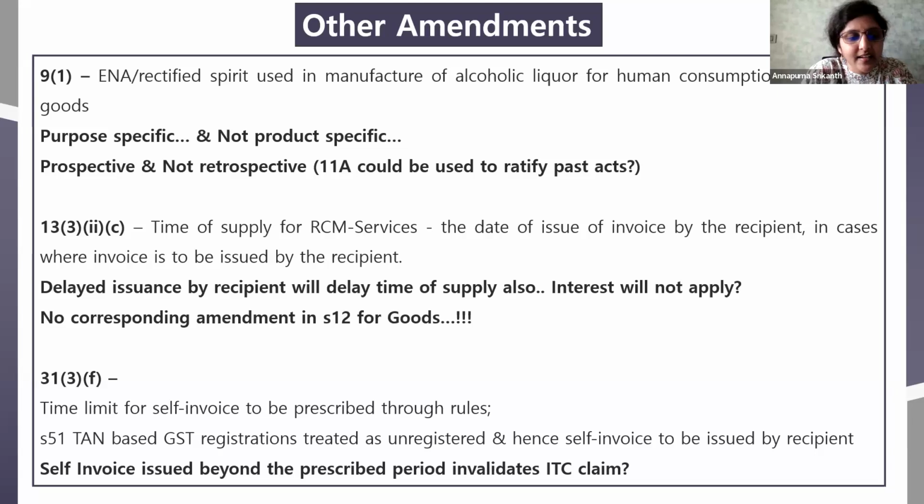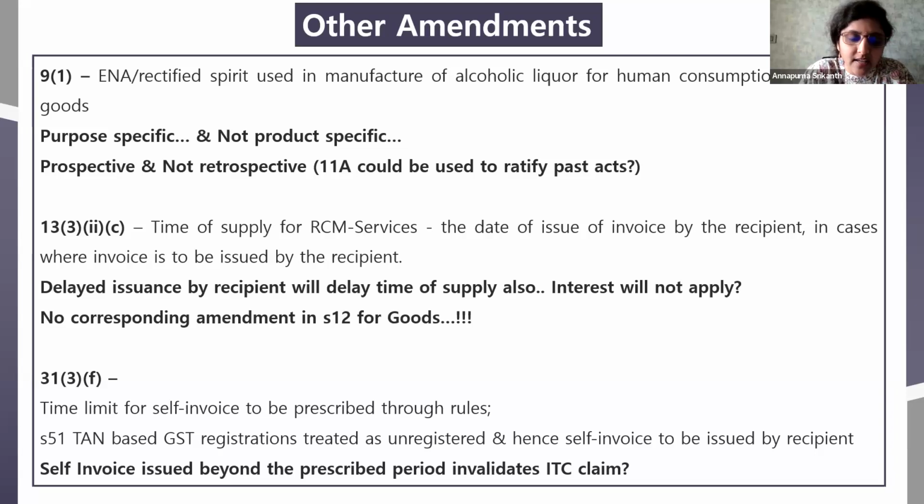You are now merging two provisions. You are taking from 13 to 16, rule 36. That is not altered, no? That position is intact, no? See, it says that the underlying document should be a self-invoice. Correct, so there is no change; the self-invoice must be issued within the prescribed time.